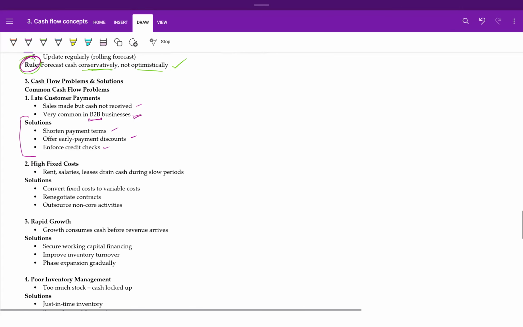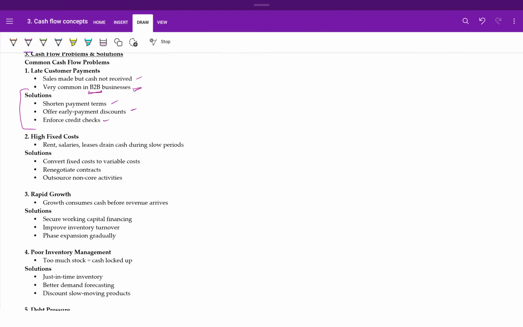Another problem that comes with cash flow problems is high fixed costs. So high fixed costs such as rent, salaries, and leases drain cash during slow periods, and businesses actually run in cycles. So the solution here is to convert fixed cost into variable cost and renegotiate contracts, and along with that, outsource